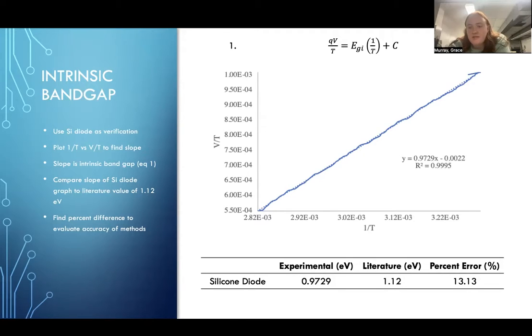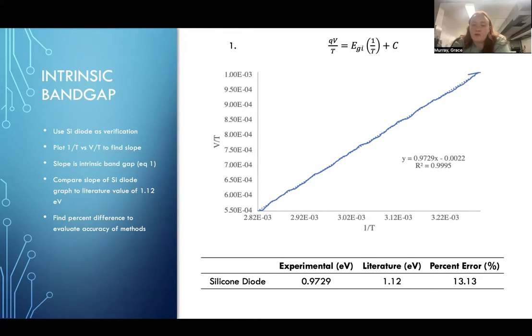band gap. A graph was created with 1 over temperature on the x-axis and the voltage over temperature on the y-axis to create a linear regression that would match the form of equation 1. The resulting equation would have the intrinsic band gap energy as the slope of the line. The experimental energy of 0.9729 electron volts was compared to the literature value of 1.12 electron volts to obtain a